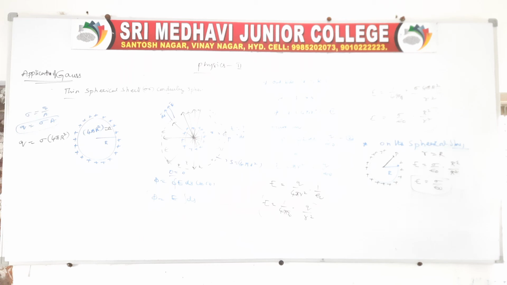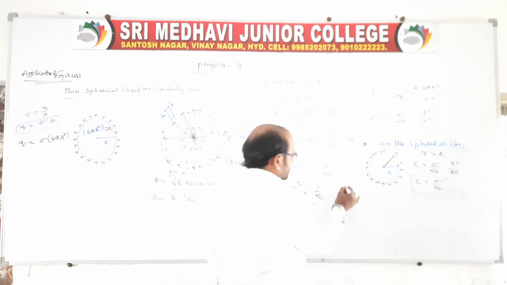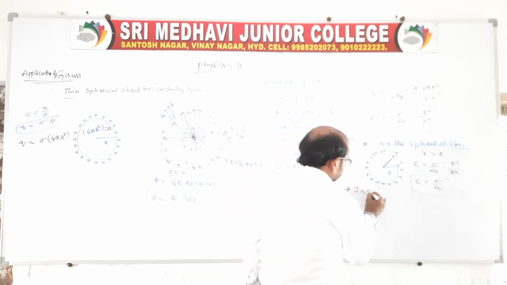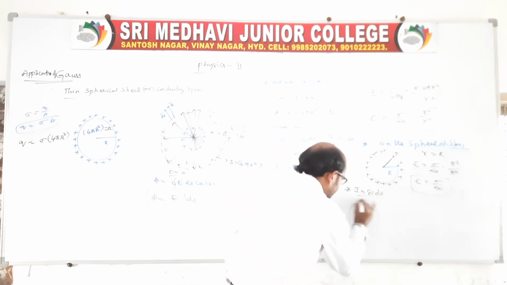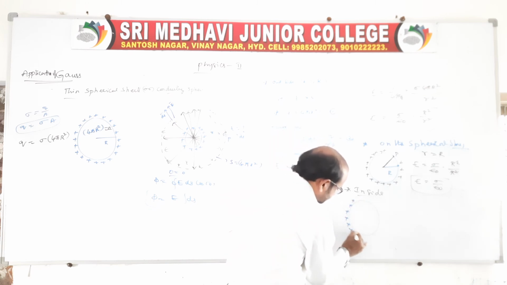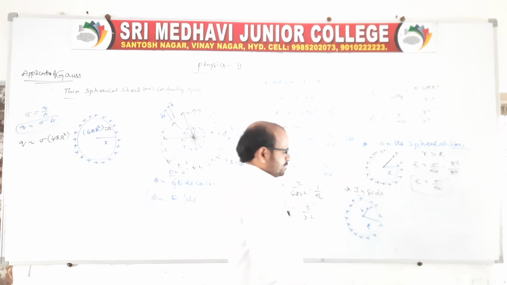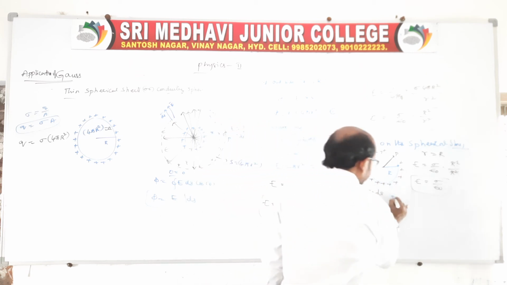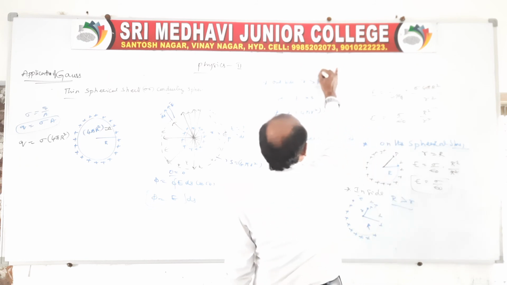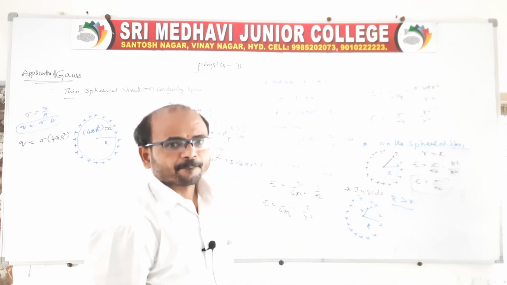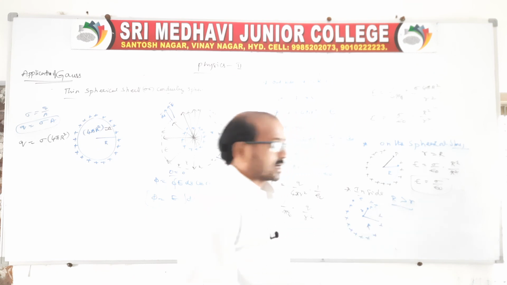Now the third point, the last one, which is inside. Sir, what about inside? Very simple. Inside, again you draw a spherical shell. Now the charge is distributed completely like this, above the surface. Capital R is the radius. Now you are taking a small r at a point P inside. We can say capital R is greater than small r. In the first case, small r was greater than capital R, but now capital R is greater than small r.